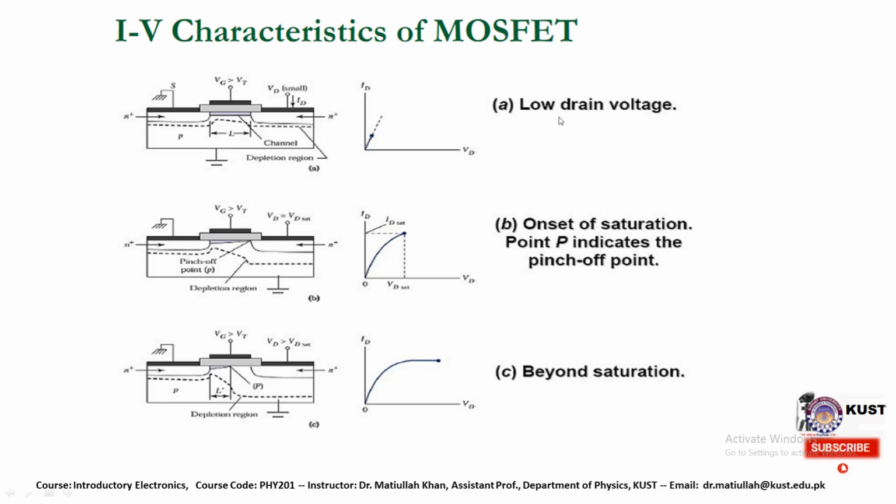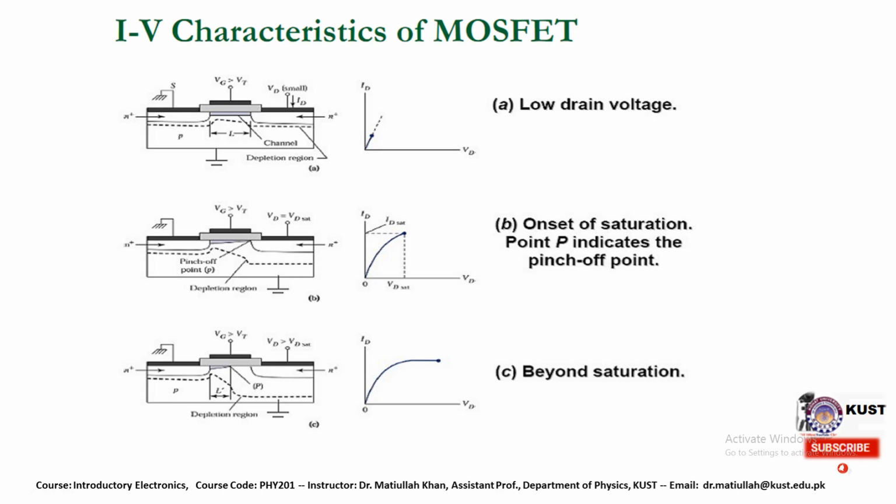This is for low drain voltage, and in some cases we have point P indicated, the pinch off point, where we can control the pinch off point. This is actually the channel there. So this is a pinch off point, and we have saturation, and then finally we can draw the